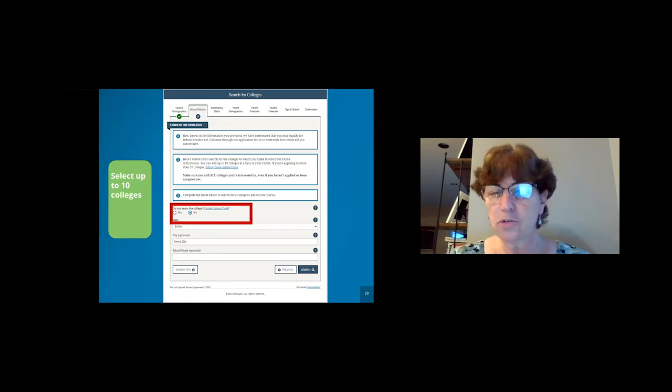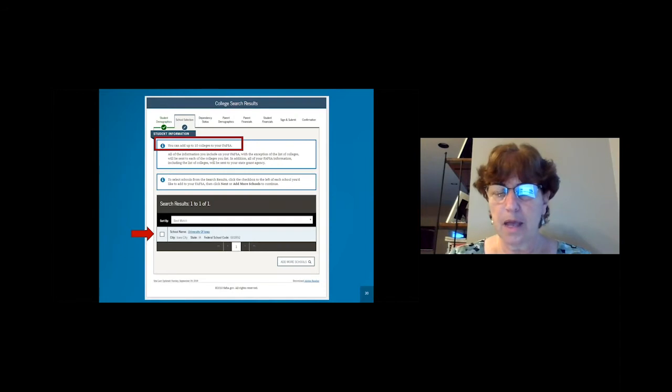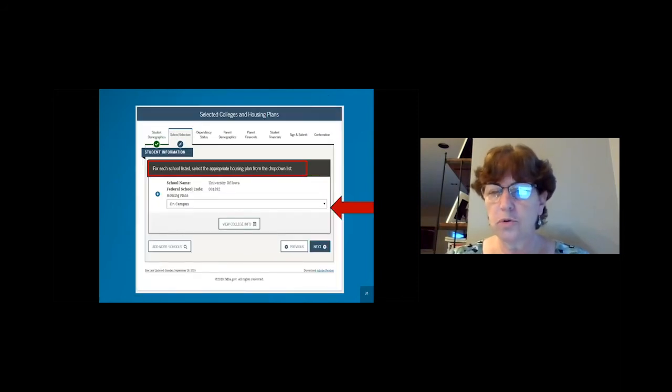So if you know the federal school code, you can put that in. Most times people don't, so they search by state and city and then just select from a list and add their schools. And once the schools are listed, you can see this example, University of Iowa. It'll pop up and you'll just select them, and then just click the box on the bottom to add more schools. And then all the schools will